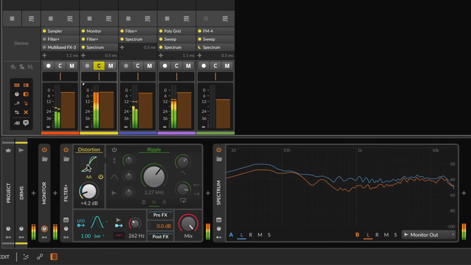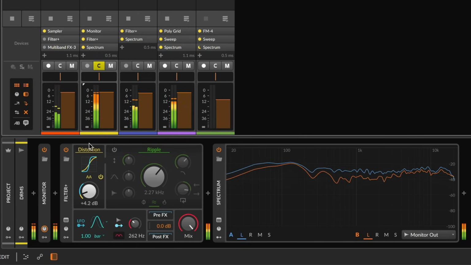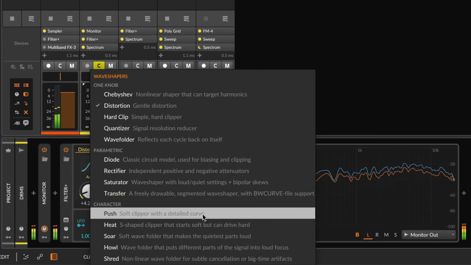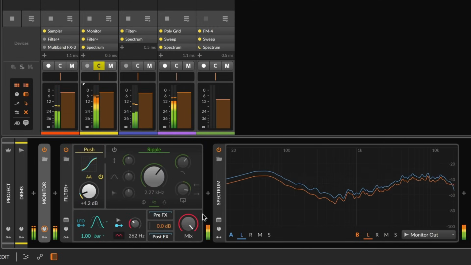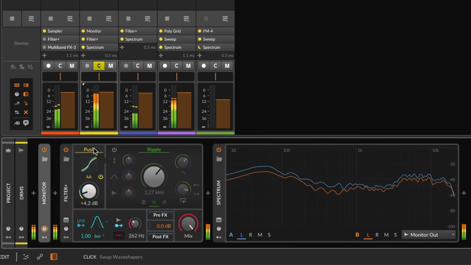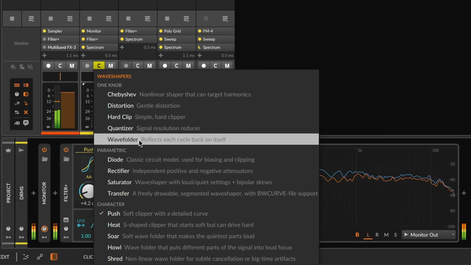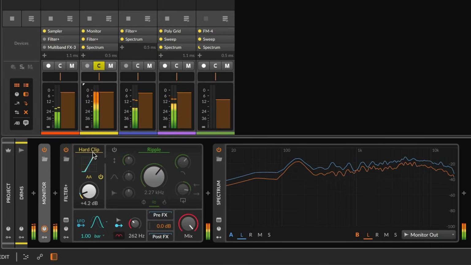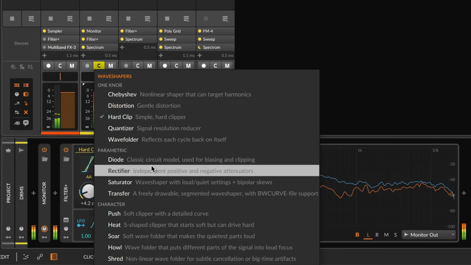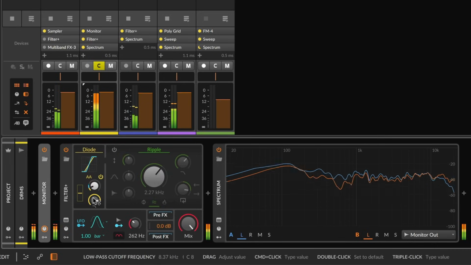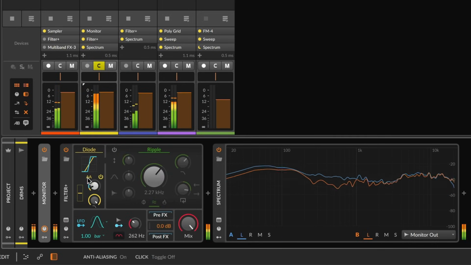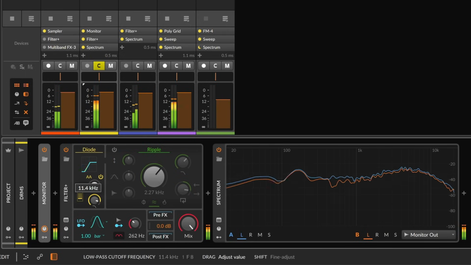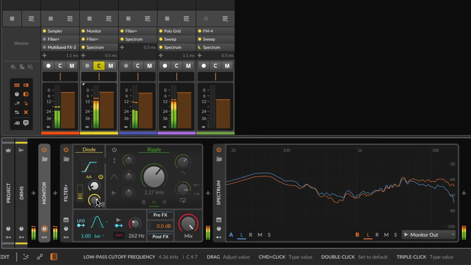Now that we've got a dynamic process, we can pretty clearly hear the difference between a simple gentle distortion and a clipper with a little bit of character. It's cleaned up a little bit. Or a hard clipper that just directly pushes the signal up to the limit. Or a modeled diode circuit that starts in a very similar place to the hard clipper and then gives some classic controls for bending the circuit and then filtering it and flattening it out.